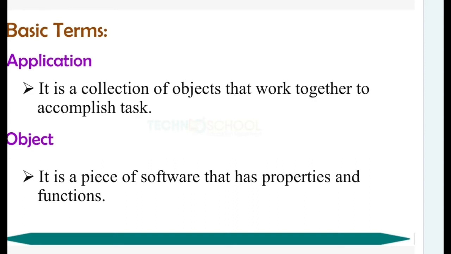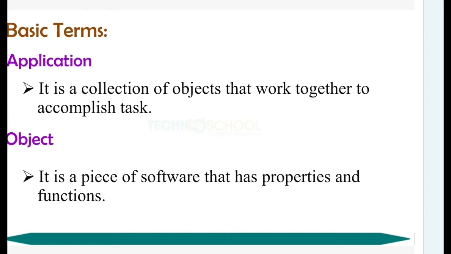What do properties mean? Once you place controls, like a text box or label, in a Visual Basic project, you can change their properties: color, type, look, design. We have a properties window. It has a list of properties as per requirement. As you want, you can change its position, size, colors, background color, text color. We have many properties in the Visual Basic properties window, and using it we can change them. So this is the meaning of this line.